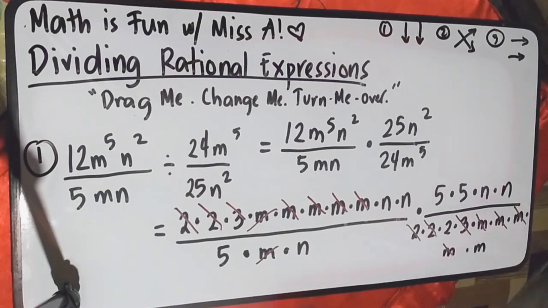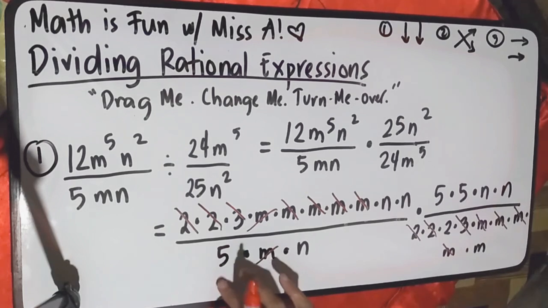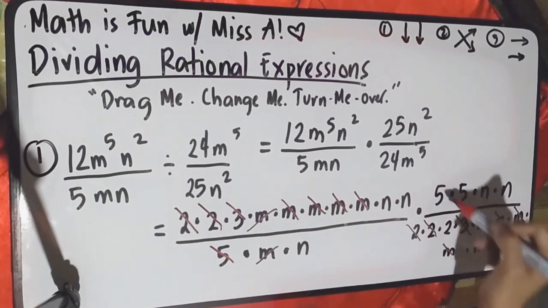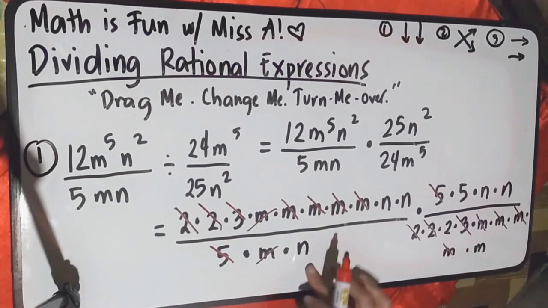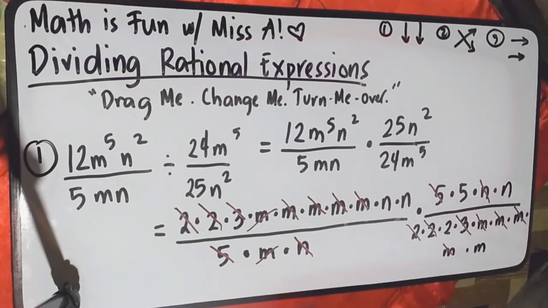Alright. And then, wala na, no? Dito naman. Okay, sa kabila. So, you have 5 right here. So, cancel tong 5 na to. Isang 5. And then, yung isang n. So, cancel din yung isang n. Yan na. Okay? So, therefore, our final answer for this one is simply equal to